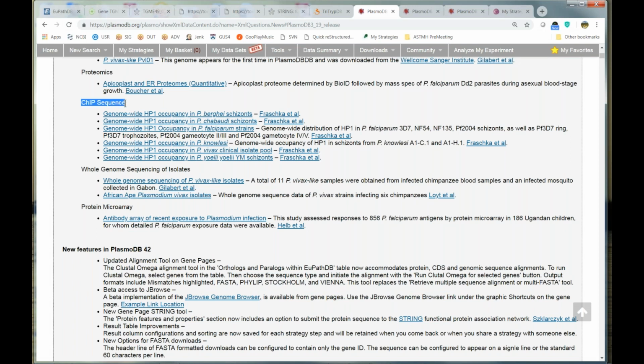So then we've also integrated some ChIP-seq data. This is from the Bartfai and Till Voss labs. What they looked at, it's a rather comprehensive study of the genome-wide distribution of heterochromatin protein 1, HP1, which is involved in gene silencing. So they looked at different organisms, so berghei, knowlesi, falciparum, and several others, and they also looked at different strains within falciparum. And these are